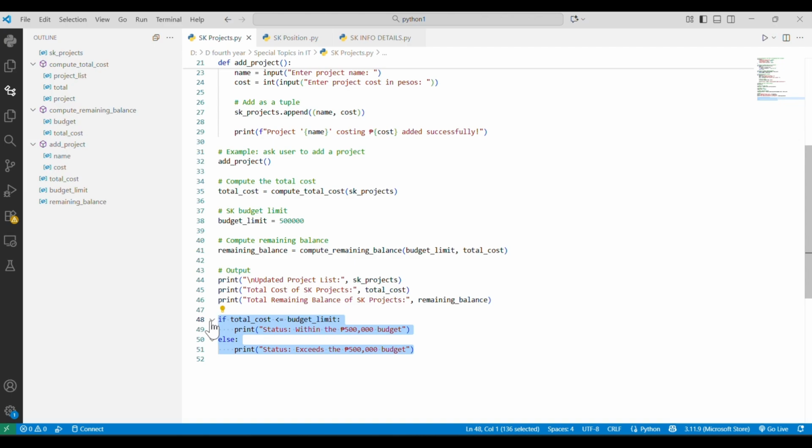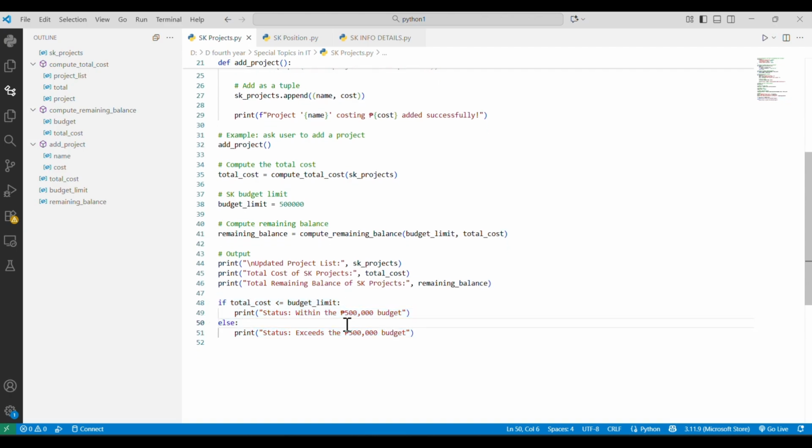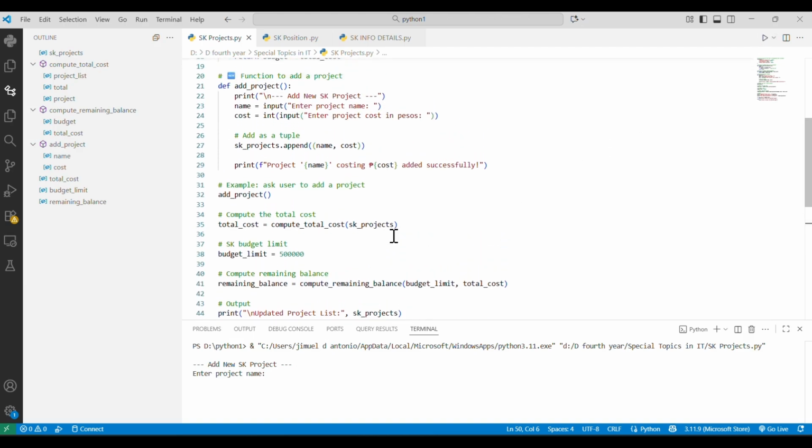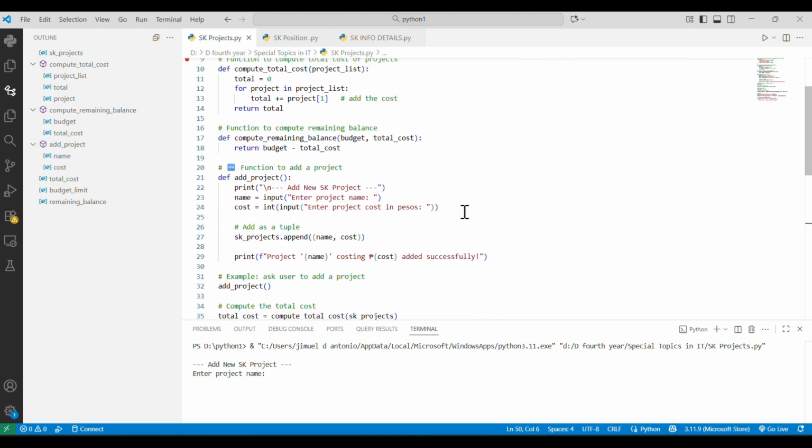Otherwise, else, the budget is exceeding. So let's run the program. It will show add new SK project, enter the name, because we added a function to add a new project.